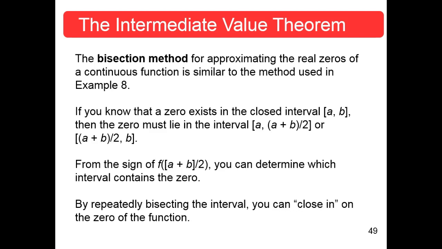If it's different from f of a, then investigate here, otherwise you investigate there. So what you do, you keep doing this, bisecting that, and you get smaller and smaller. Now,